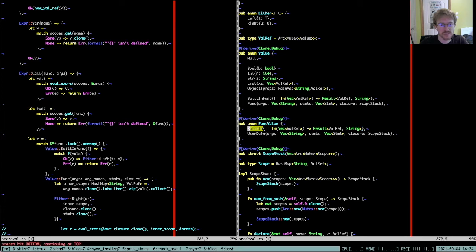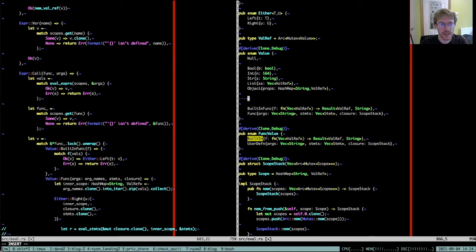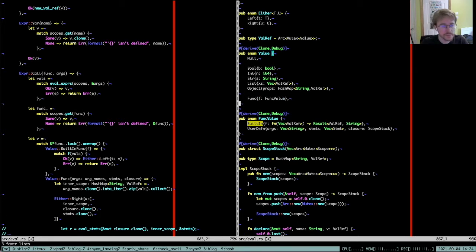Built-in should probably be all one word. It's all right. So func is then a func value. So then when we retrieve it,